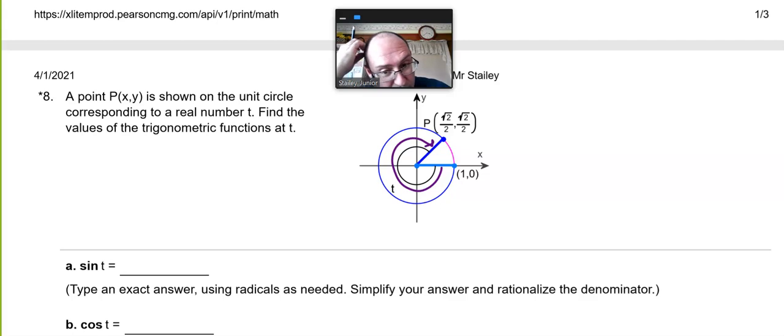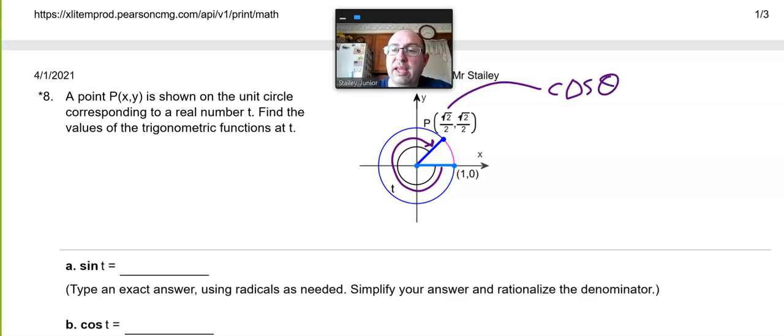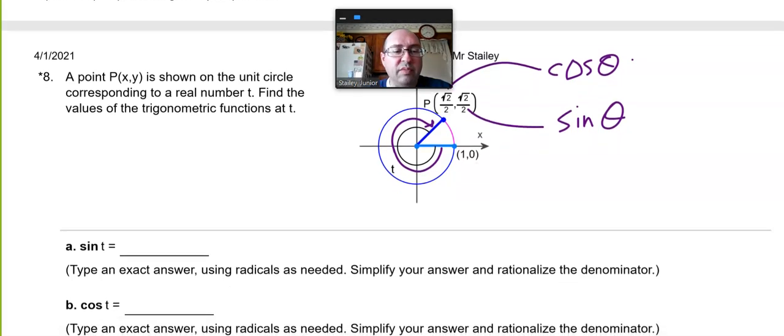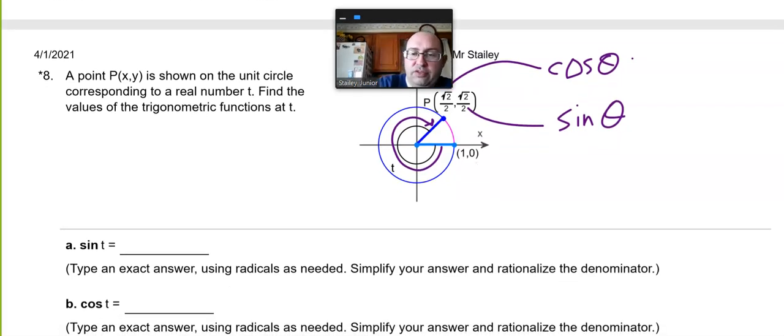We talked about in a previous video how cosine goes with the x value and sine goes with the y value. Okay, in a minute we're going to figure out the tangent because we haven't talked about that. But it looks like they asked me about the sine of the angle first. All right, that's the y value. Then they ask me about the x value. Now they happen to be the exact same thing, so